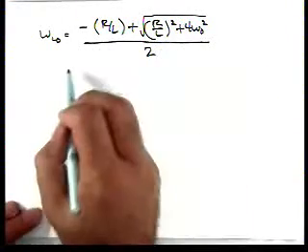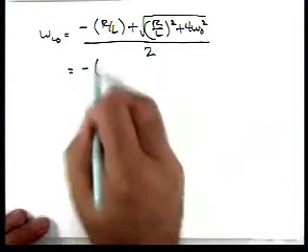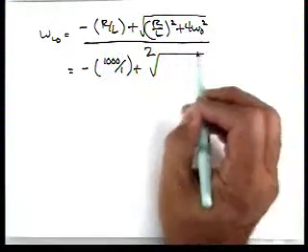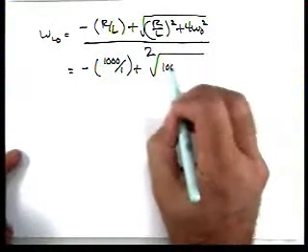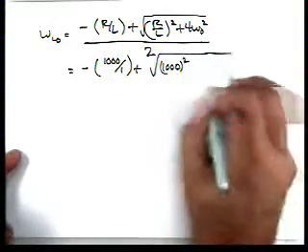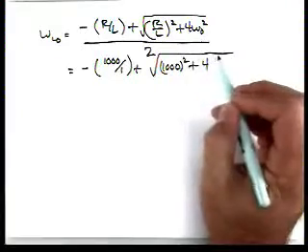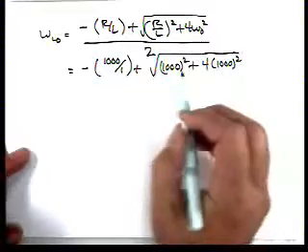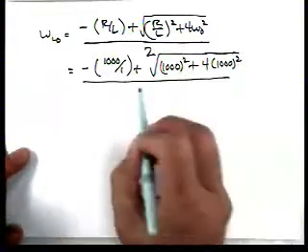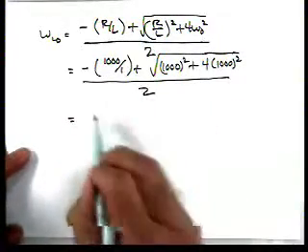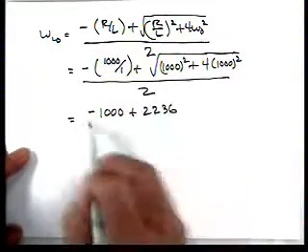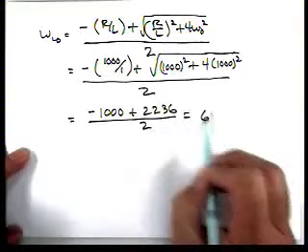If we go through and calculate, we have 1,000 over 1 plus the square root of 1,000 squared plus 4 times 1,000 squared over 2. So we have minus 1,000 plus 2236 over 2, and that tells us that one of them is at